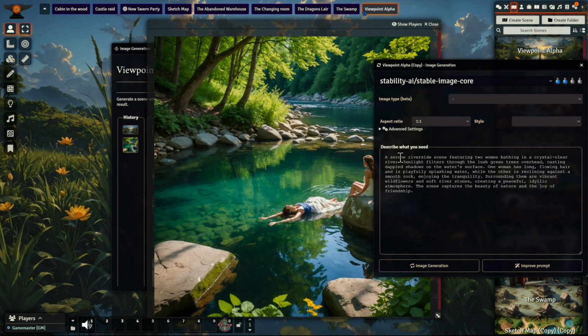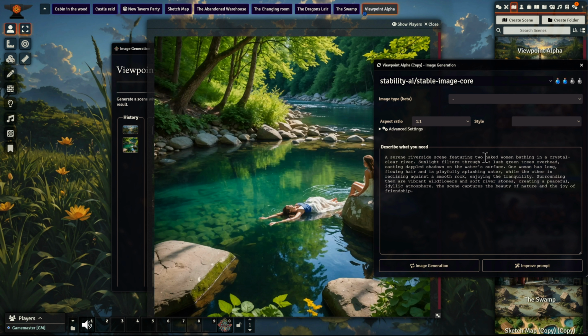So now I added the word naked. A serene riverside scene featuring 2 naked women taking a bath. Okay, the rest of the prompt is the same. And now if I start the image generation, you see that the generation failed because of the content moderation system. So the word naked destroyed the entire prompt. And this is also happening when you don't want to have adult content or something like that. It is just how the AI works to avoid results it is not allowed to. I will give you an example for that as well.